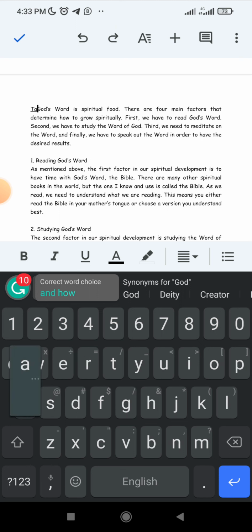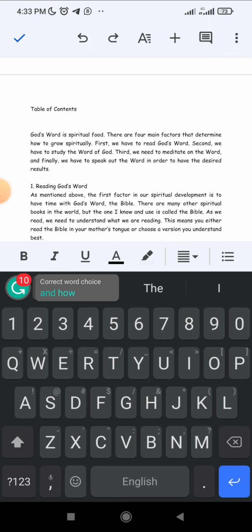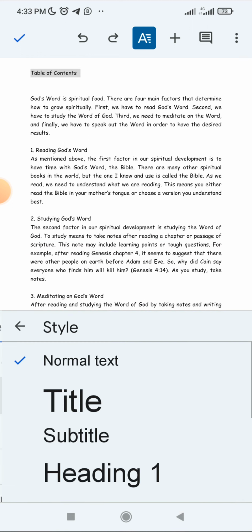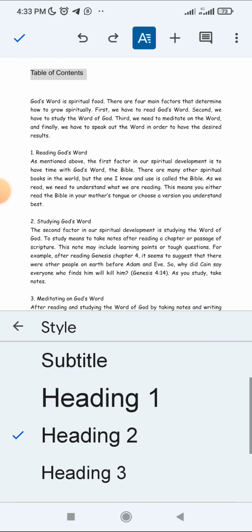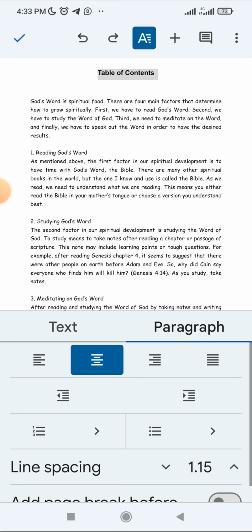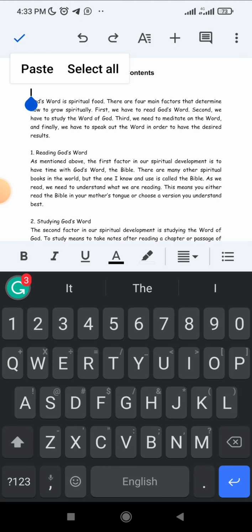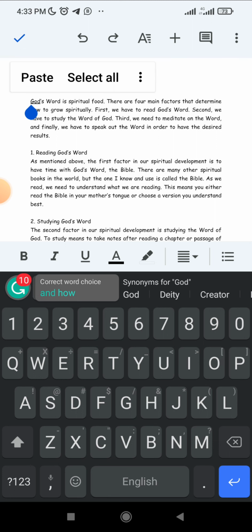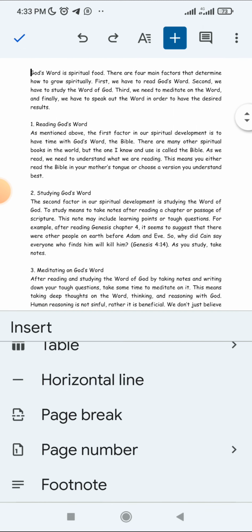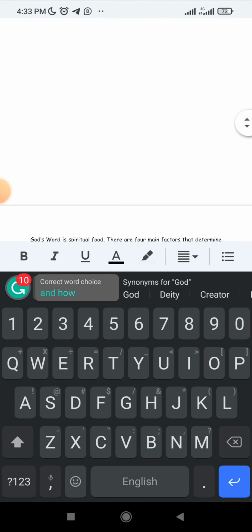Now the next one is table of content. You will also highlight, select it, go to your A, change the style to heading 2, bold it, go to paragraph, give it center. Now your table of content also is ready. Then go to your plus sign, then go to page break again, so that whatever you want to write concerning